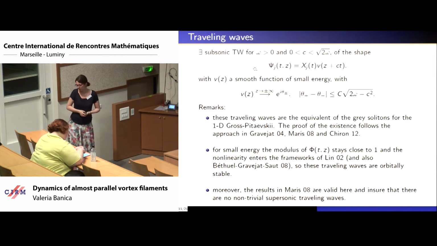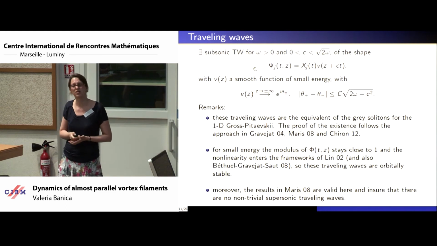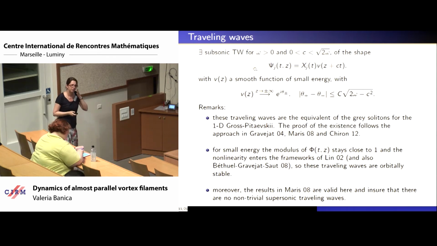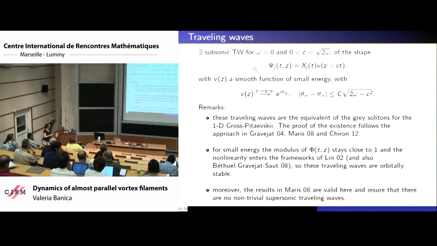So these are some remarks about the proof. They are not difficult. Everything has already been done for Gross-Pitaevsky. You just take them and do the same. Okay, but the main point is that you have existence of traveling waves, which means that at the level of the curves, you have your curves placed in the vertices of a regular polygon, and on each of them you have some distortions traveling in time. So how many vertices do you have now? Any. Okay, and